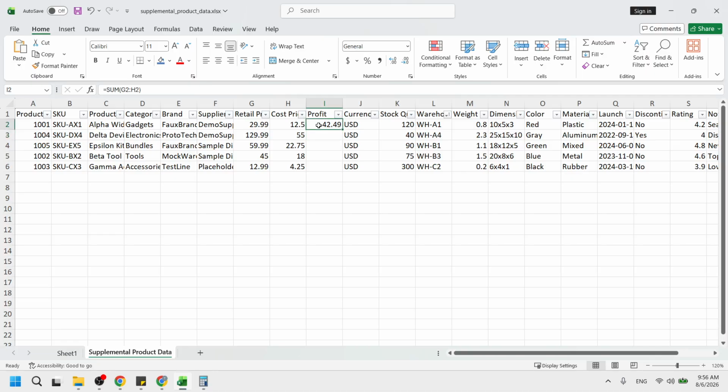To check or change your work, click the cell again to view or edit the underlying formula in the formula bar at the top. The formula reappears in the bar, while the cell still shows the result in the grid, so you can compare both. You can adjust cell references or functions right there, then press Enter again to update the value. You have now created your first Excel formula that calculates automatically from the cells you chose.